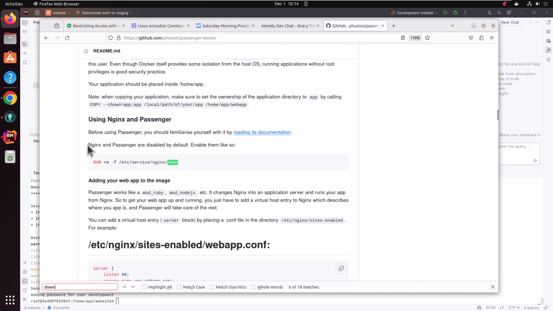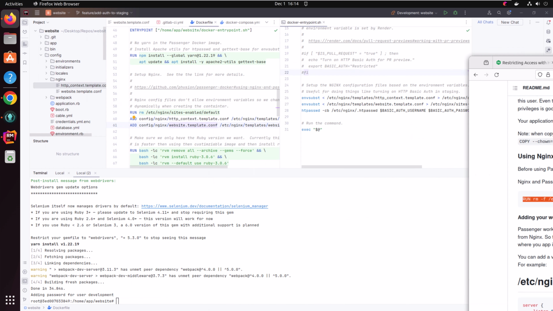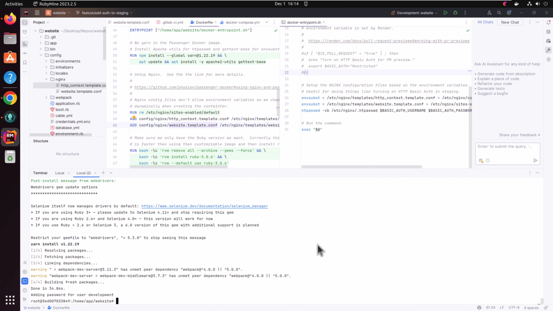Right, yeah, they're enabled by default. So if I don't remove that, I think it's because it's not turned on. Oh my god. Okay. Rails